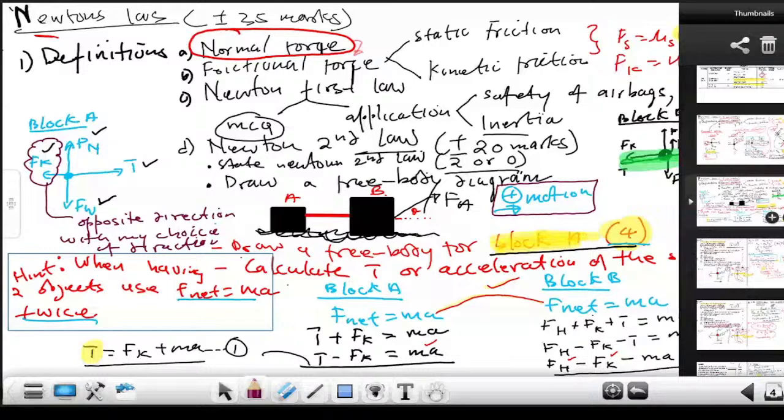Okay, now let's do number D. It's Newton's second law. So it's stating the law for 2 marks or 0, and drawing the free body diagram, a maximum of 4 marks. That is now 6. Then the application thereof will differ. But the expectation is the application of the second law only